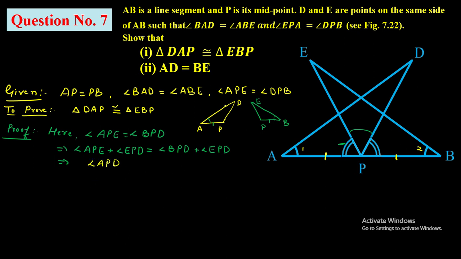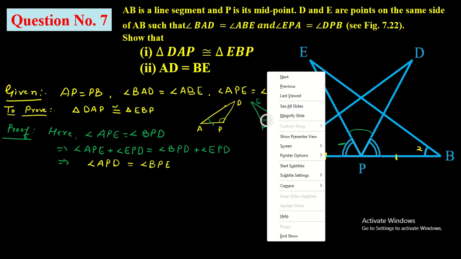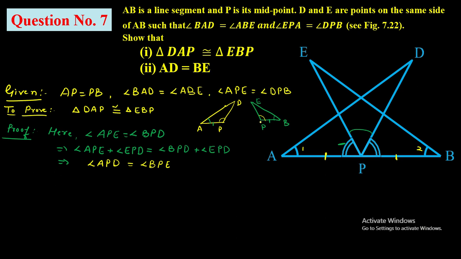So angle APD is equal to angle BPD plus BPE gives us the angle BPE. Now if we look at these two triangles, we proved that angle APD is equal to angle BPE. So we can use the angle side angle criteria in these two triangles, and we can prove that these two triangles are congruent. So in triangle APD and triangle BPE,